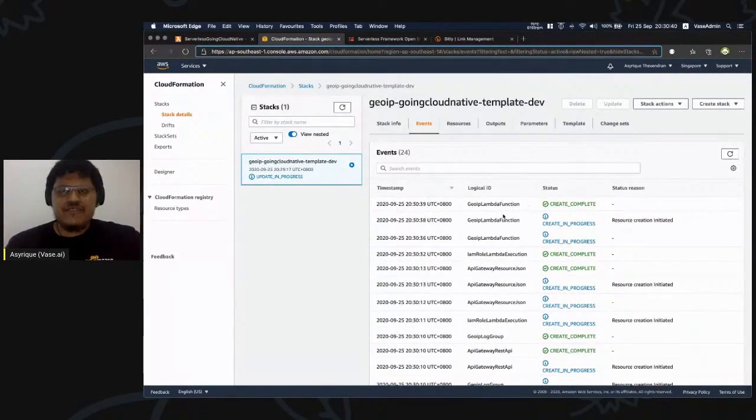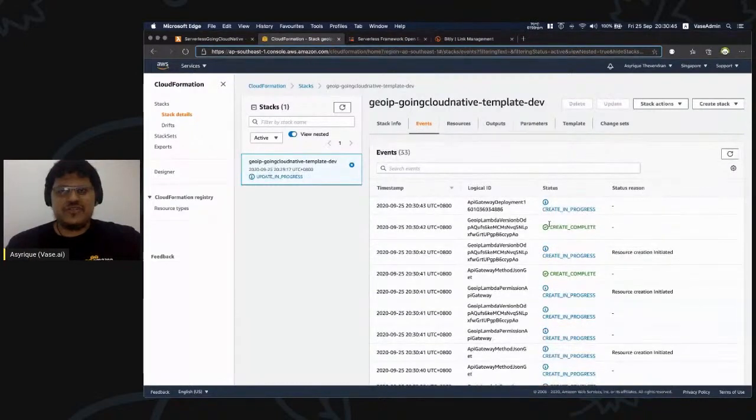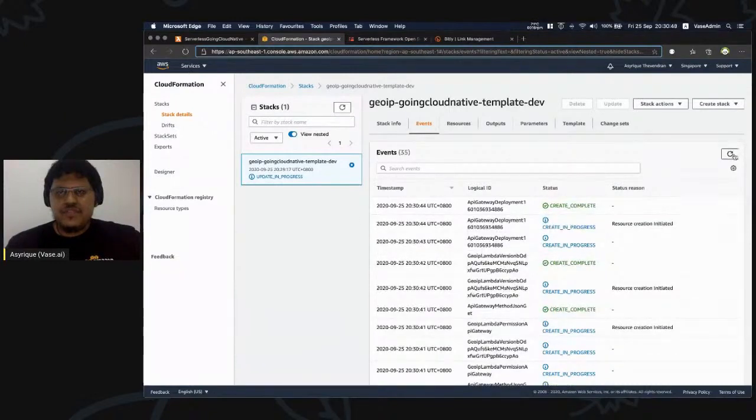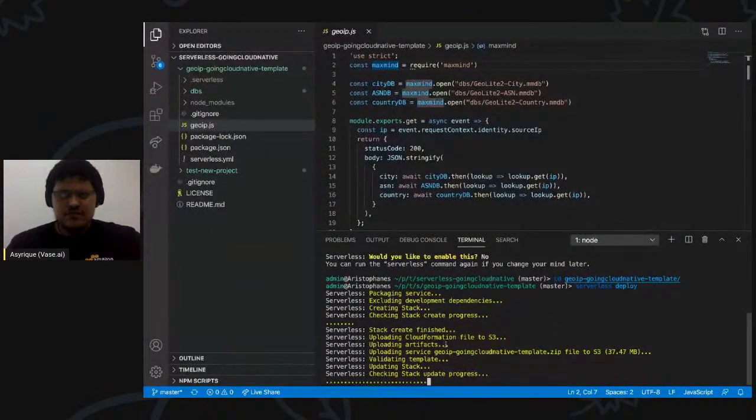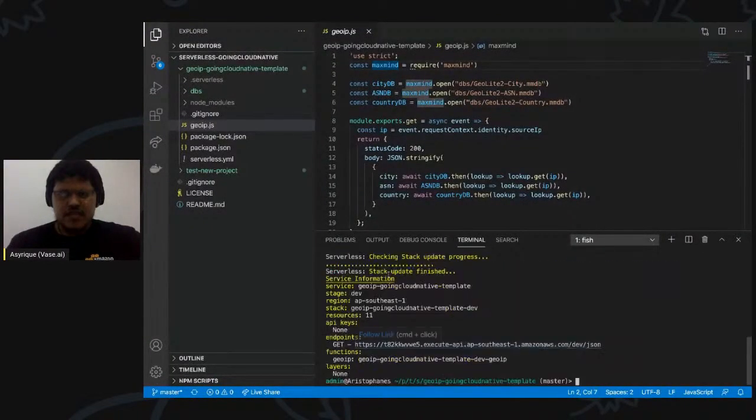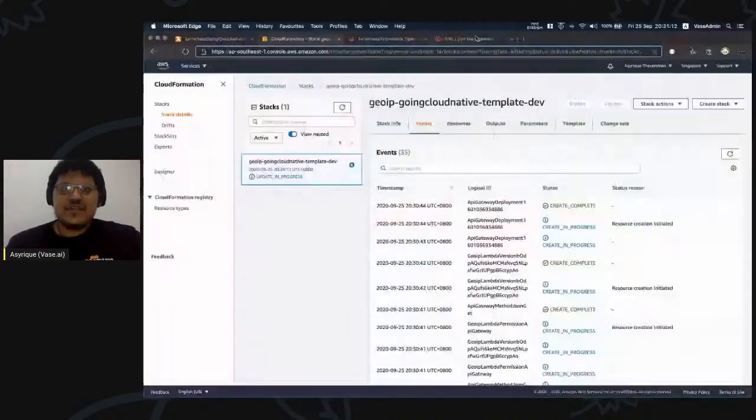Okay, we're continuing, and finally, once we have created all that, we create the Lambda function. The Lambda function actually creates really quickly. And then we have an API Gateway deployment. And we now have the stack complete. Because we specified the HTTP endpoint, we get this nice little endpoint printout at the end, which gives us what endpoint we have. So now I'm going to run this in a browser.